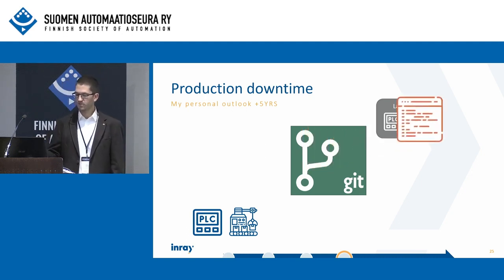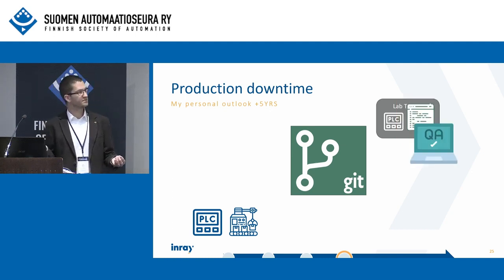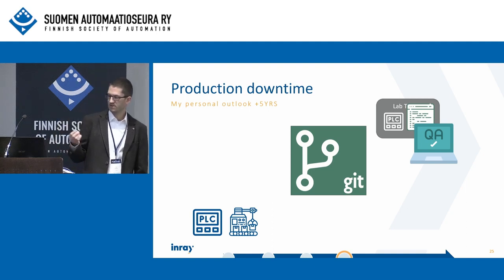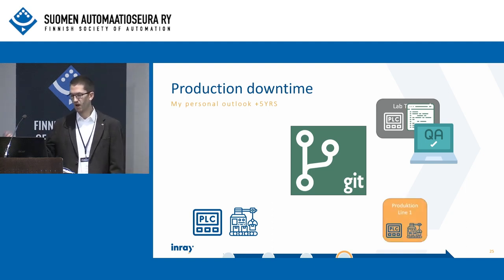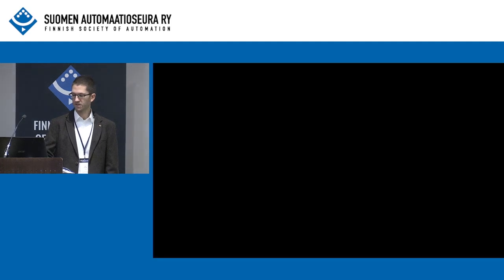And we can implement some QA processes to approve these changes. And as soon as these QA processes have succeeded, we can then apply our changes to our production line, and if this integration succeeds, we can